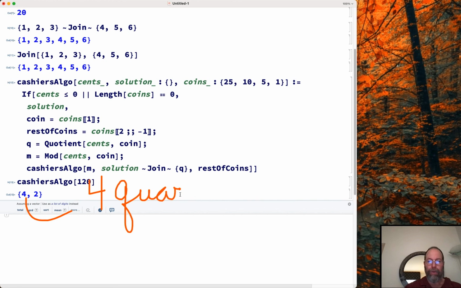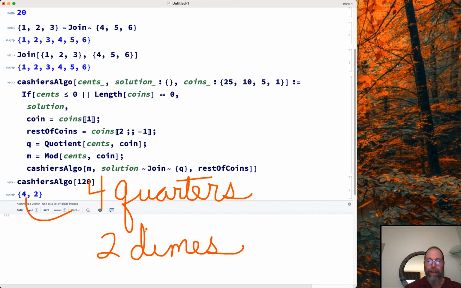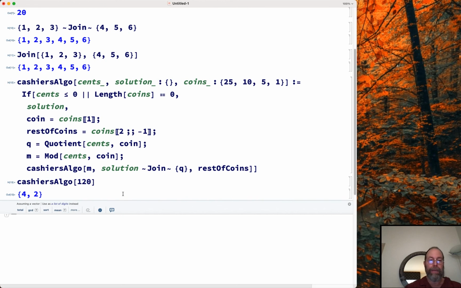I have 4 quarters. I have 2 dimes. 4 quarters and 2 dimes gives me 120 cents. Now, the only problem is I would like to see